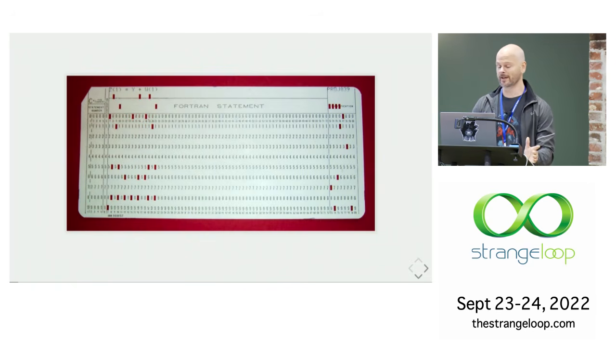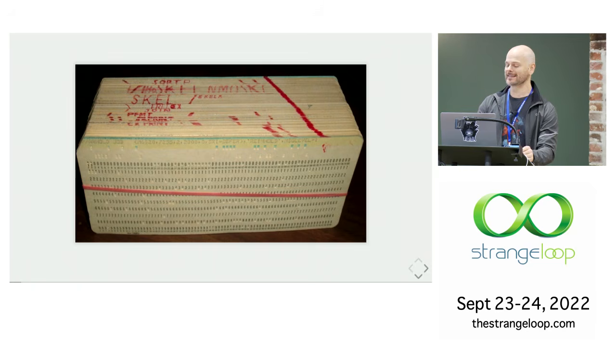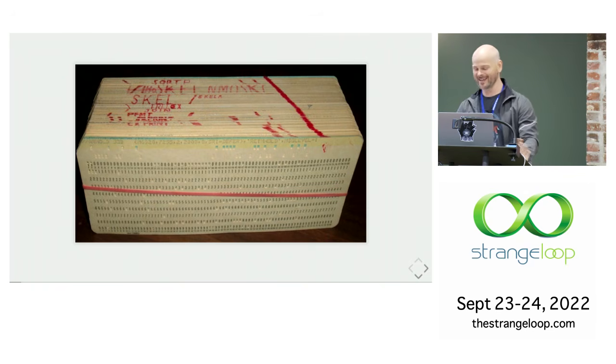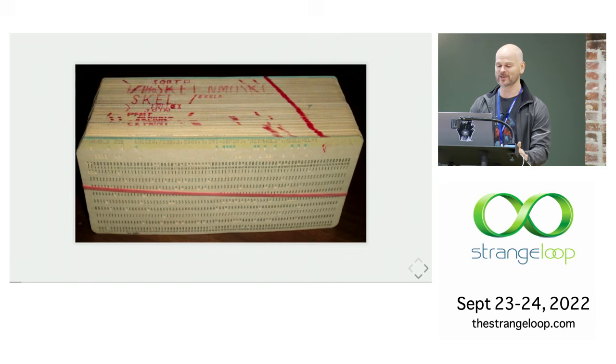Now, what does a program look like if you're programming like this? It looks like this. It's a deck. Now, notice the rubber band. When you're doing this, you live in terminal fear that you will drop the deck of cards. It is a terrible experience resorting the cards. That long diagonal stripe there is so that this person who made this particular deck could put it back together without having to look at every single line in the process. And the words written on the top of the deck are sort of indicating where different subroutines are located within this.